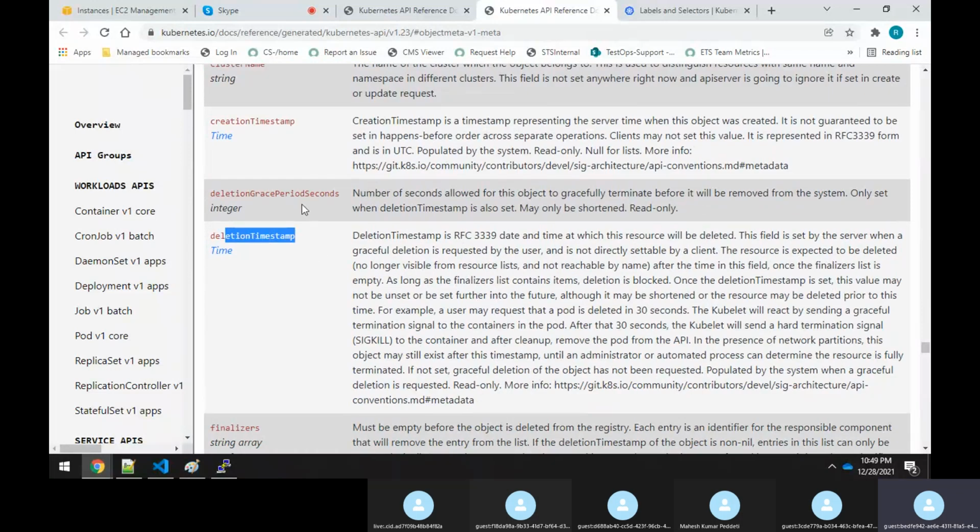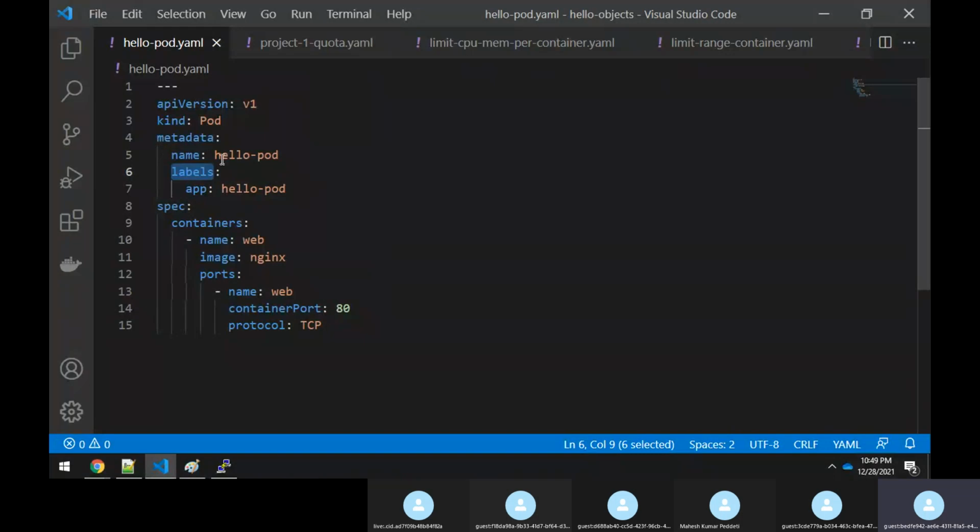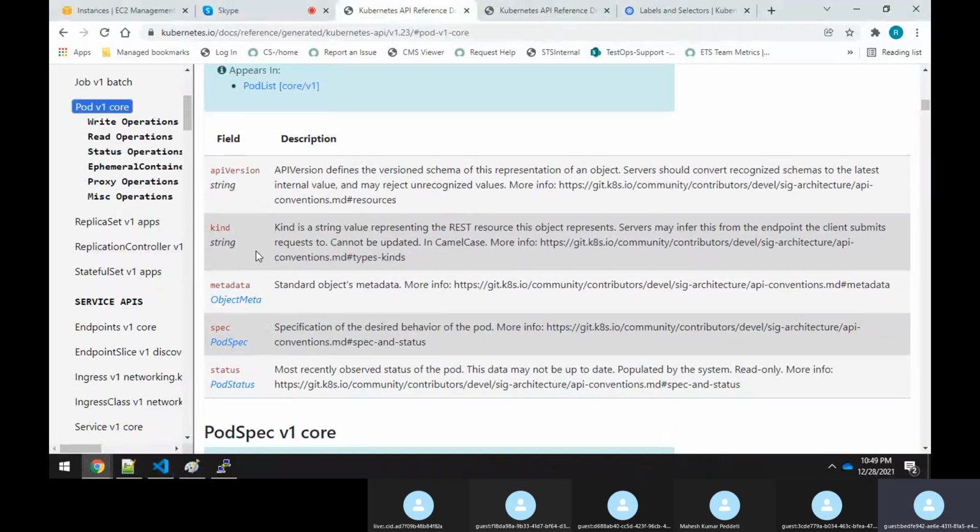Now our metadata section is over. In the metadata section, most of the time you will be putting a name. The name will be the pod name, meaning after you apply it, whatever pod gets created will be created with this name. Clear? Okay, metadata is over.